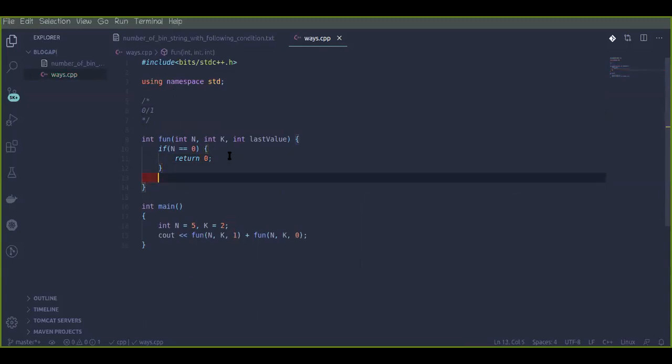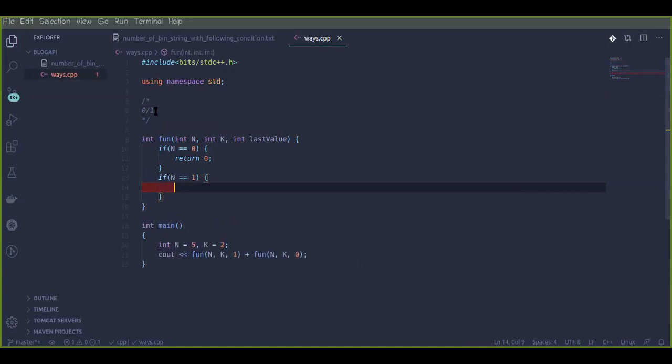But okay, what if n equals 1? Like I explained to you right here. If n equals 1, then let's say for k equal to 0, that means you need to find the value which will give me k equal to 0.